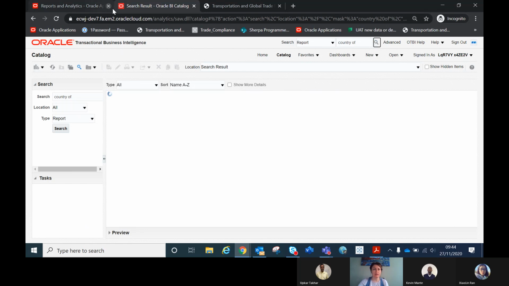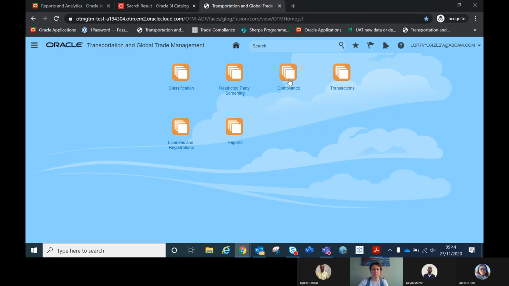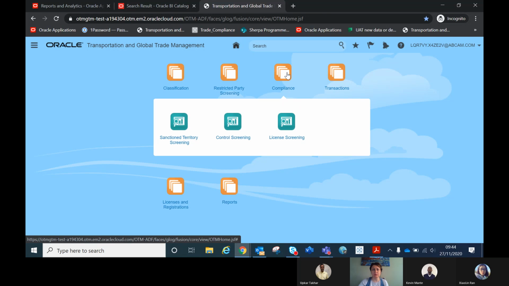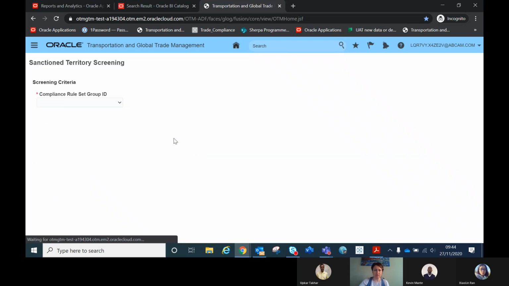Okay, so while it is searching here, I will quickly show you this tab in GTM then. To be honest, the only thing here that seems useful is sanctioned territory screening. So GTM will perform that as well as part of the overall screening steps. So if we go into the sanctioned territory screening,